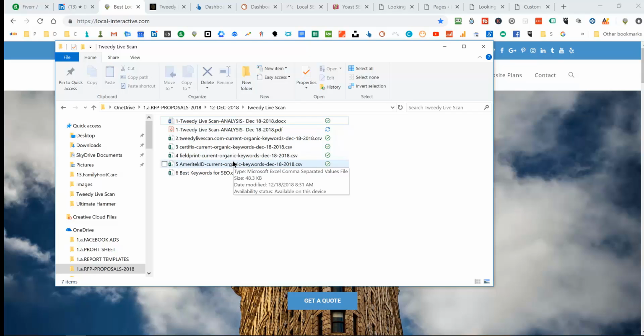These are sheets that you could go back to in the future in case you want to find more keywords, also to get keyword ideas for writing content for blogs, and that's something I'm recommending to you. And then lastly, number 6, this is the best keywords for you to do your SEO,